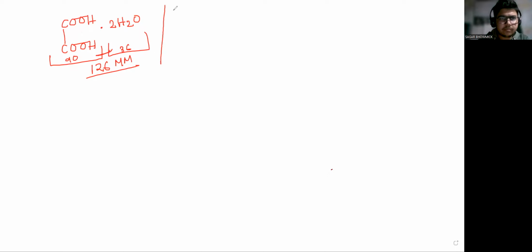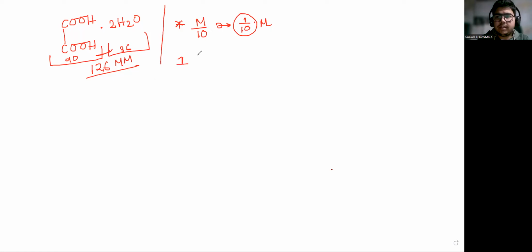Now, to prepare oxalic acid, what do you have to do? Suppose you want to make M by 20 or M by 10 oxalic acid. M by 10 means actually 1 by 10 molar. So 1 by 10 molar oxalic acid. 1 by 10 molar means